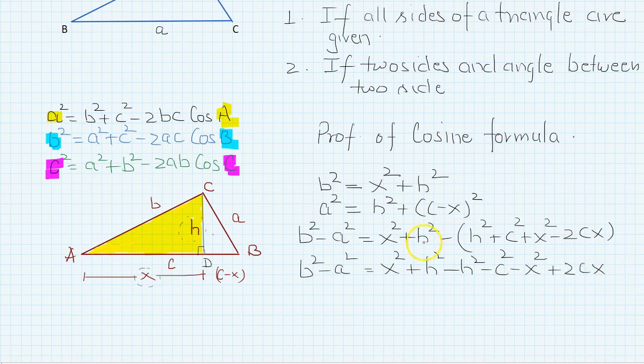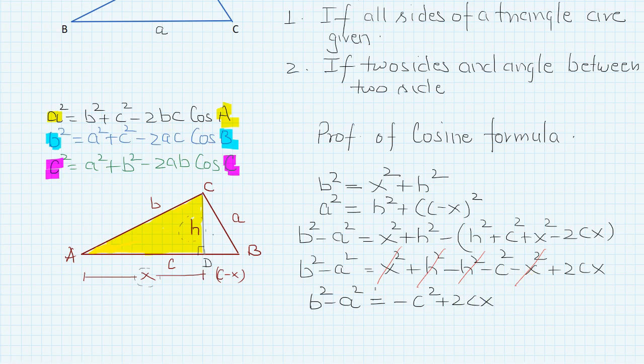Now in this we can see that h square is cancelled, and x square and x square also cancel. So what is remaining is b square minus a square is equal to minus c square